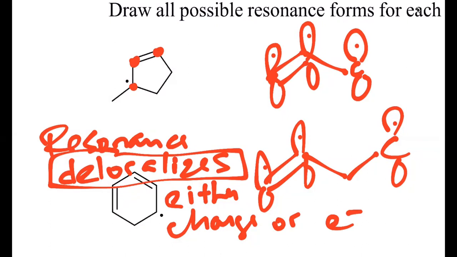All right. So let's look at what should happen. How would you rearrange this radical right here? What would you do? Would you move it next to the double bond? You want to move it to here? Yeah, I think so. And then you can take one from here and put it there, right? What does that mean? It means you're going to end up with a new pi bond right here,